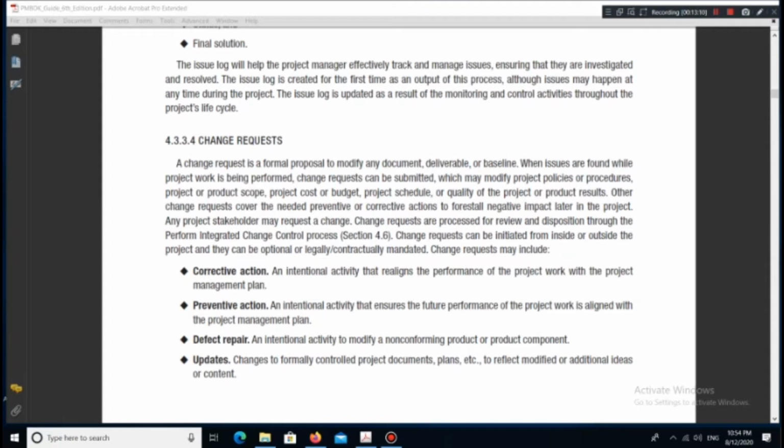Change requests are processed for review and disposition through the Perform Integrated Change Control Process, Section 4.6. Change requests can be initiated from inside or outside the project and they can be optional or legally/contractually mandated. Change requests may include corrective action, an intentional activity that realigns the performance of the project work with the